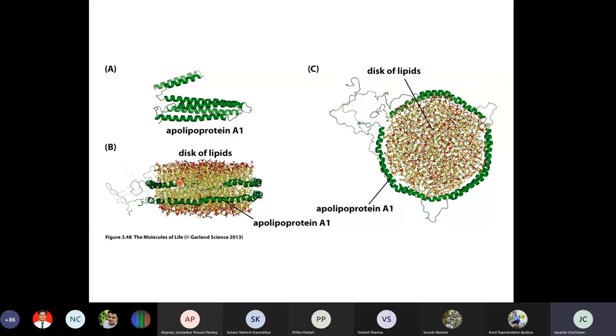So that is why, in this case, the inner part of the amino acids or the helices are pretty hydrophobic amino acids. And that is why it can form a very nice circumference around this disk of lipid and transfer it. It's amazing, right? It actually transfers a chunk of lipid